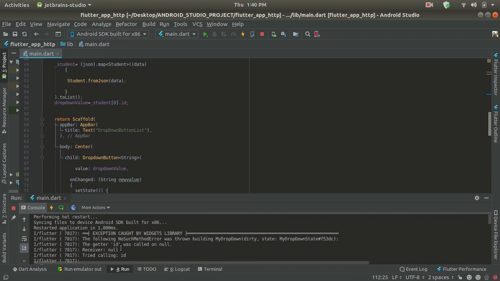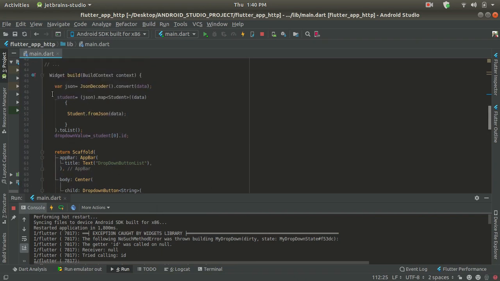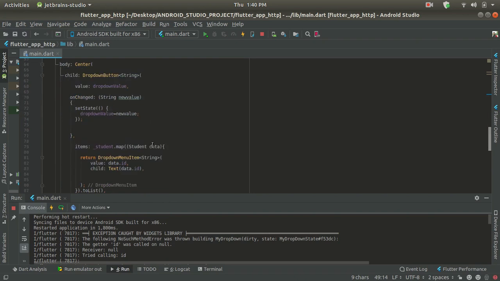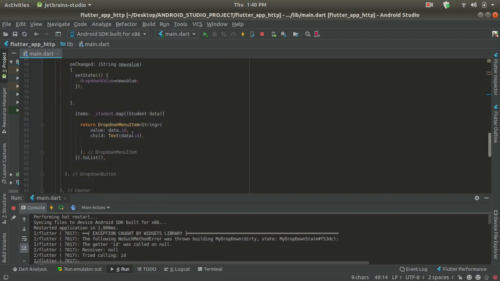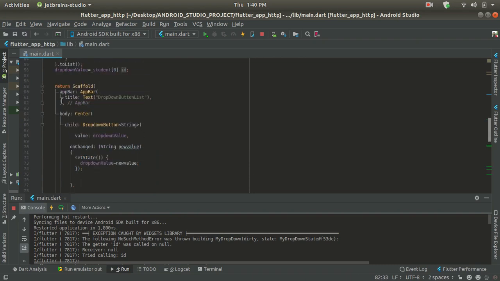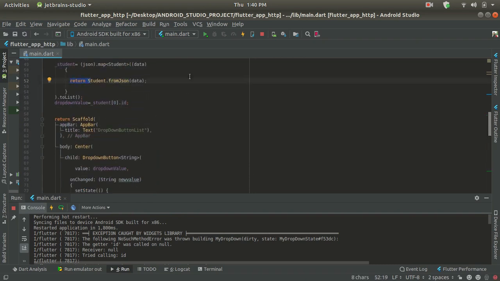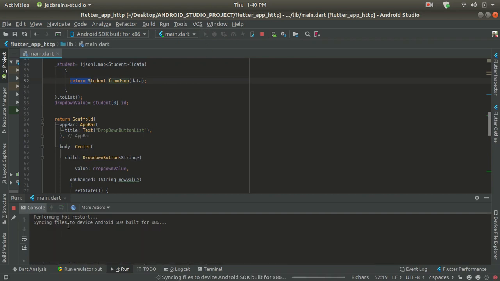Now to solve this error where id was null, I forgot to tell you that inside this constructor we are going to return a ListView. So first of all you have to add a return. If you forget this return, then nothing will be given to this _student class, and it will be empty, and whenever it's going to call this DropdownMenuItem on id, it gives an error that this id is called on null. Then we just have to add this return statement over here, and let's run this code again. Now you can see my application is restarted successfully.